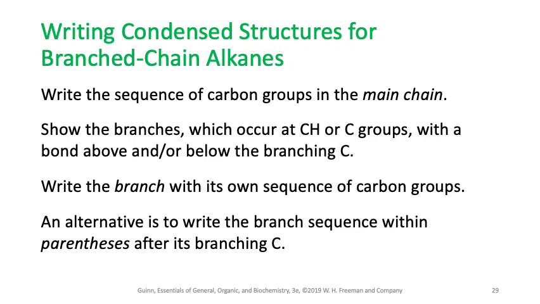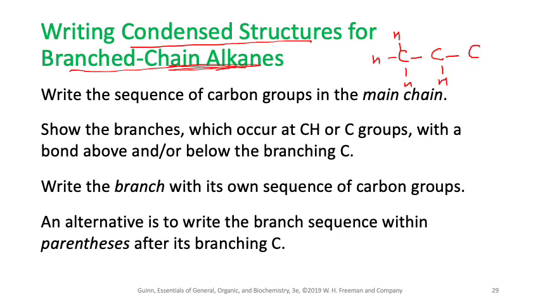So now we're going to learn how to write the condensed structure for the branch chain alkane. If you remember from the structural isomers, we have the branch chain, right? What does branching mean? Let's say you have these 3 carbons and then you have hydrogen, hydrogen, hydrogen, then you have one more hydrogen,